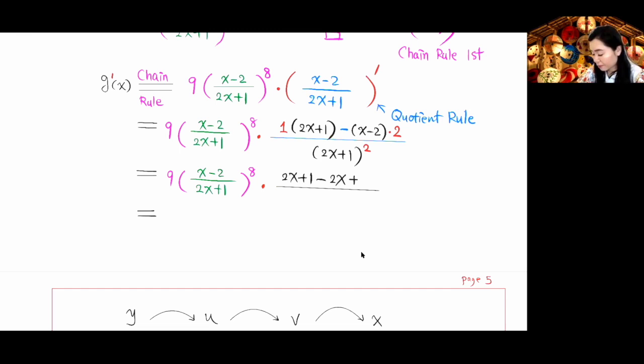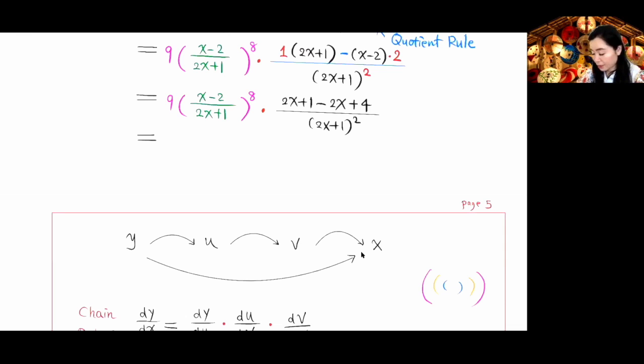So adding 4, and then 2x plus 1 to the second power. Now this 2 will cancel, so that will be 5 on top, right? And 5 times 9 makes 45, so we'll have 45 times x minus 2 to the 8th power, and now over